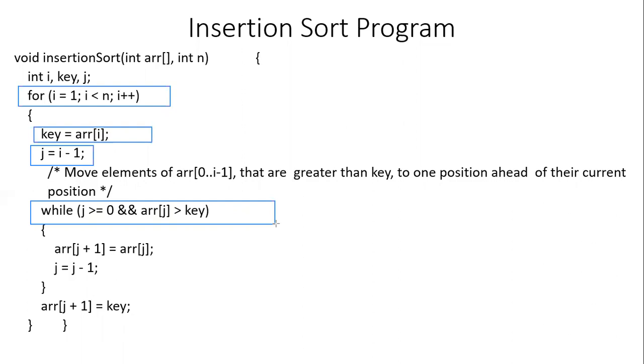If the element at position number 4 is smaller than the element at position number 3, we will continue. If the element at position number 3 is smaller than 2, then again we will continue. But we will stop if the element at position number 4 turns out to be greater than the element at position number 3. Then there is no need to continue. We will place the element at position number 4.